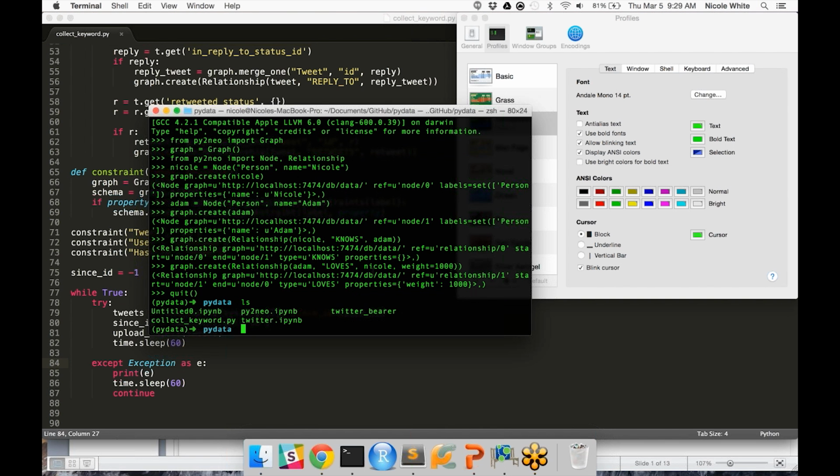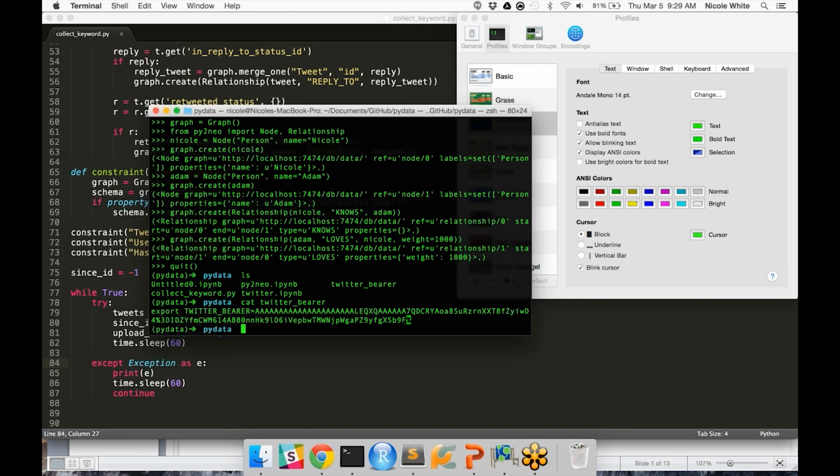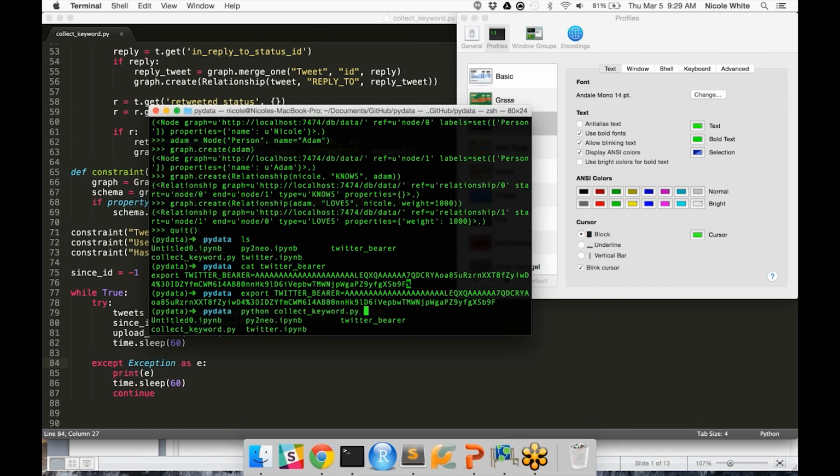So I have this sitting in here. Let me make sure that I have my Twitter bearer set up. I'll also include instructions on getting your Twitter bearer if you do actually want to collect your own Twitter data. You should make this a shell script. So as I showed you earlier,